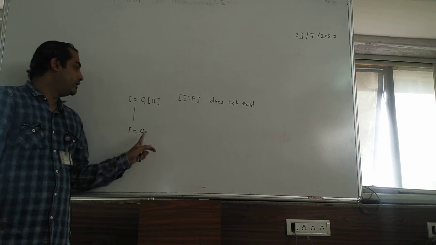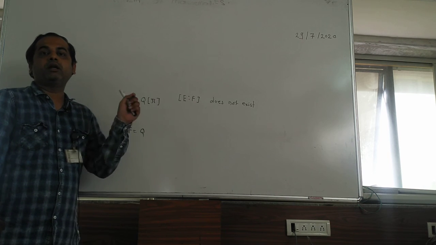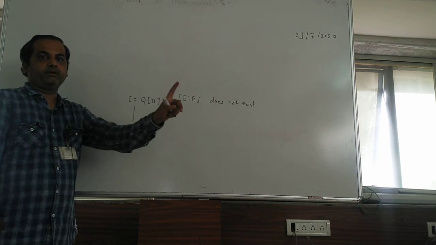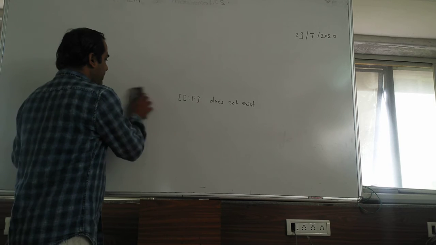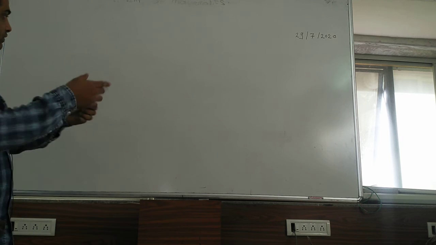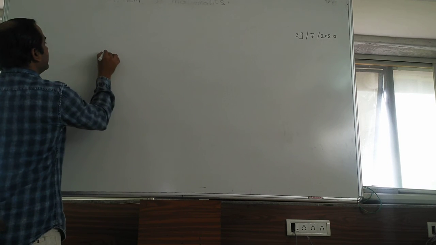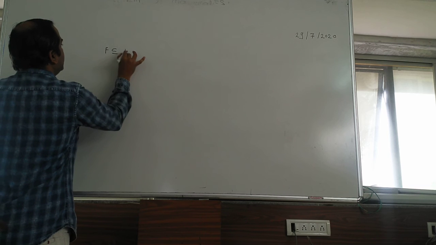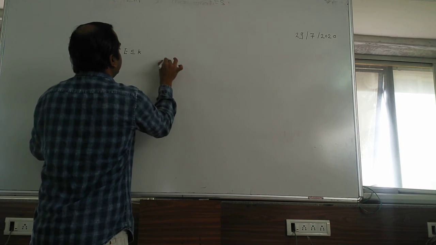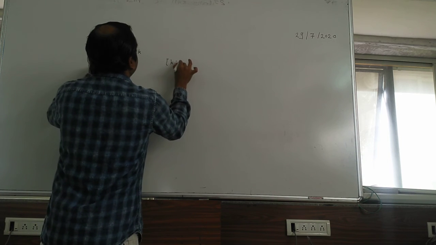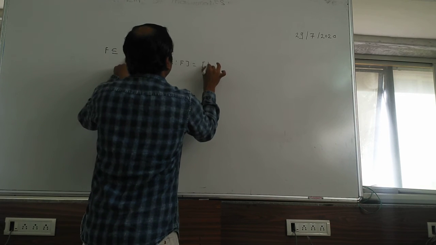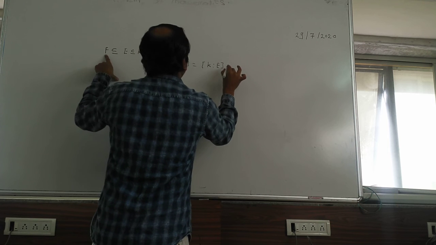So Q of pi over Q is not an algebraic extension, it is a transcendental extension. Algebraic extension means there exists a polynomial of finite degree. Generally we take algebraic extension to be a finite degree extension. So if F subset of E subset of K are all finite extensions, then K over F has the beautiful property that the degree of K over F is the degree of K over E times the degree of E over F.